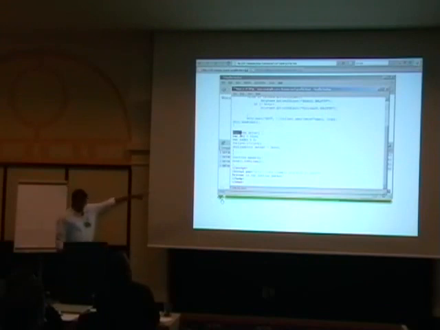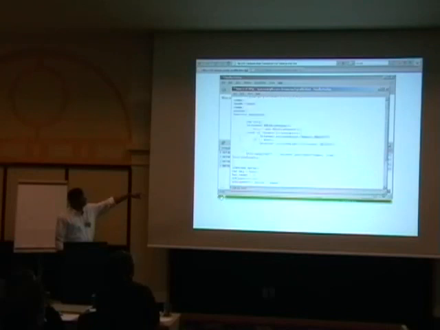Once I make that request, I know that the particular script is going to send me the information coming from the Web 2.0 application, which is actually an array.